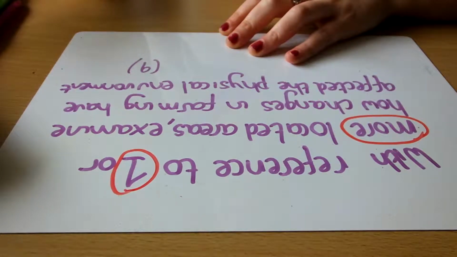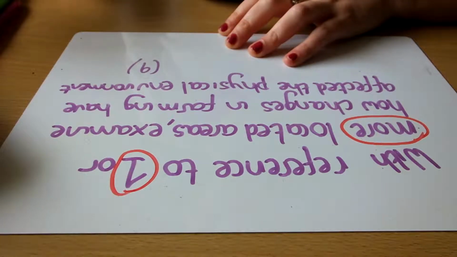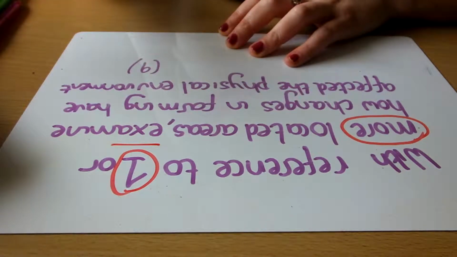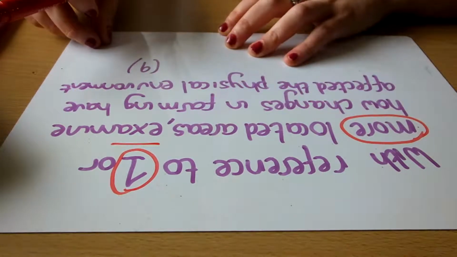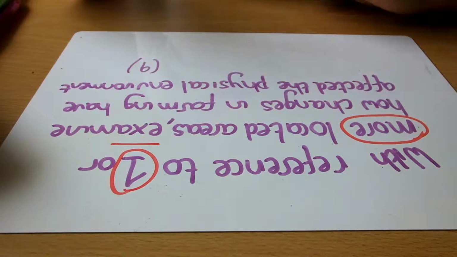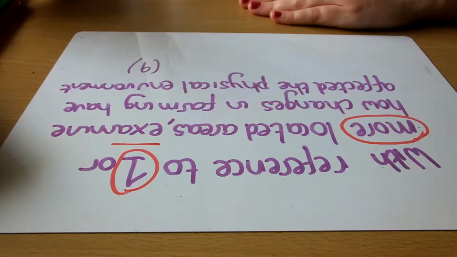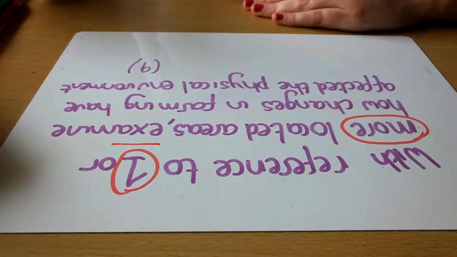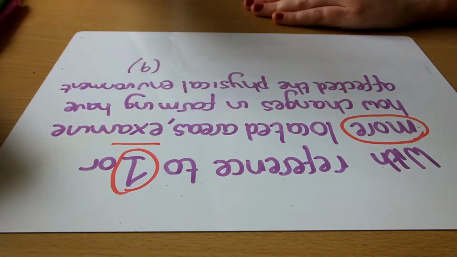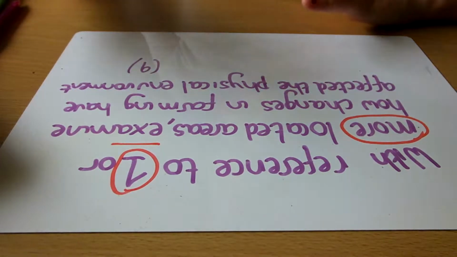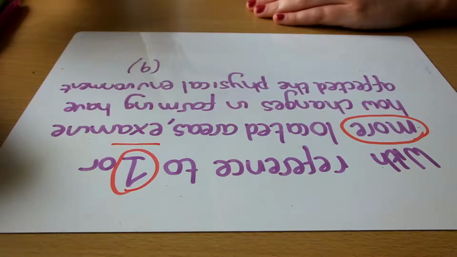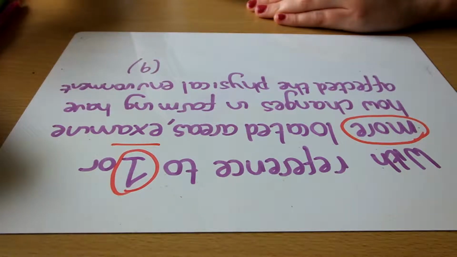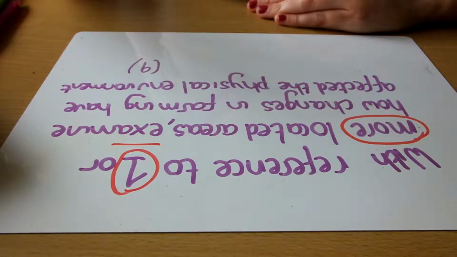Remember the example, I want you to show off as much as you can within your answers, so don't just stick with one. For this example, one of the good ones to talk about would be East Anglia, where in the 1980s lots of people decided to overuse the land. So they put lots of nitrates onto the land, lots of fertiliser, and they overfarmed it. That excess of food wasn't used, so they didn't actually have to farm that much. Lots of the nitrates and the fertilisers ran off into the watercourses and therefore ruined the water around those farming